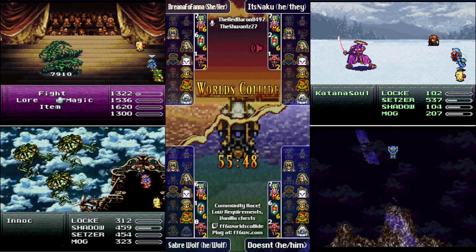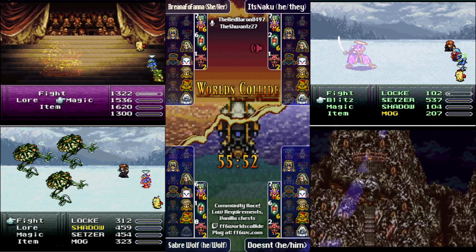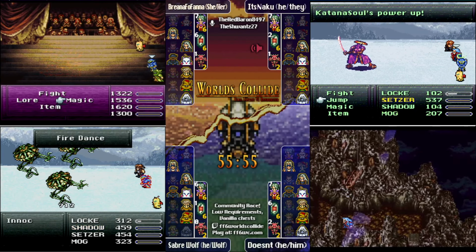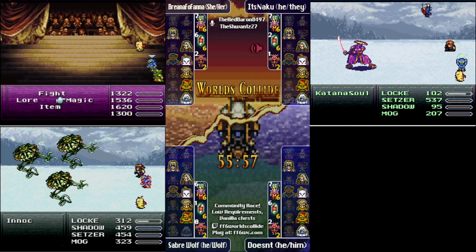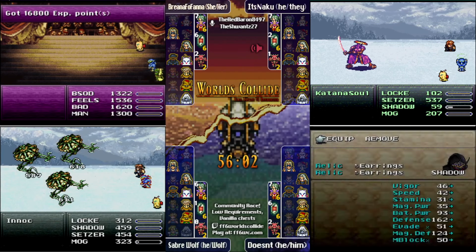No. I mean, that's one way to level your party up when you're in Kefka's Tower, right? Is to take all the random boss battles. Meanwhile, Brianna is now in go mode with Skull Dragon down. Katana Soul is being taken on by Naku here